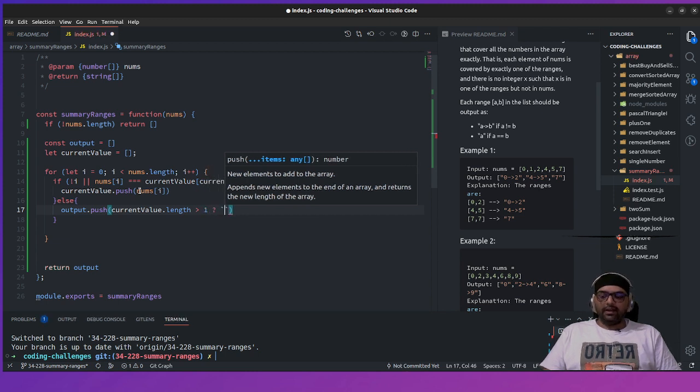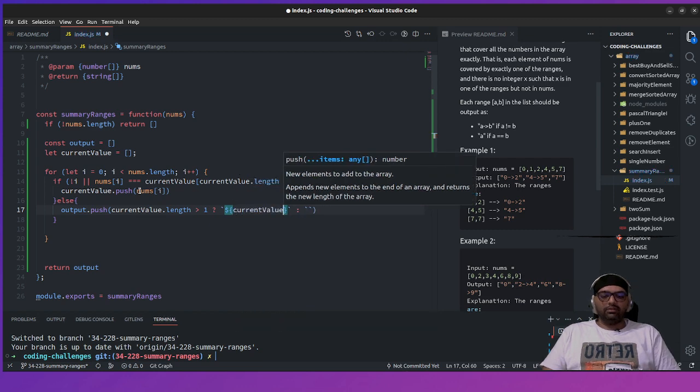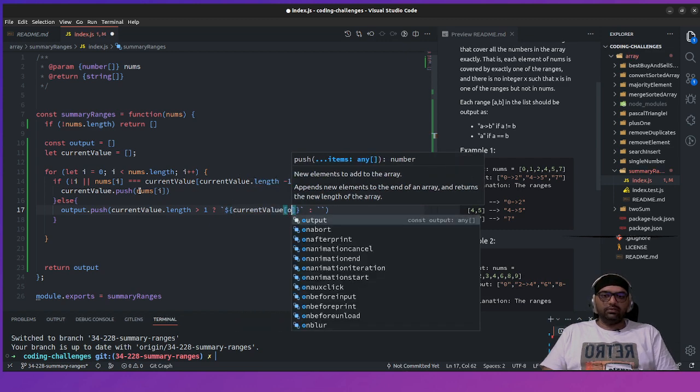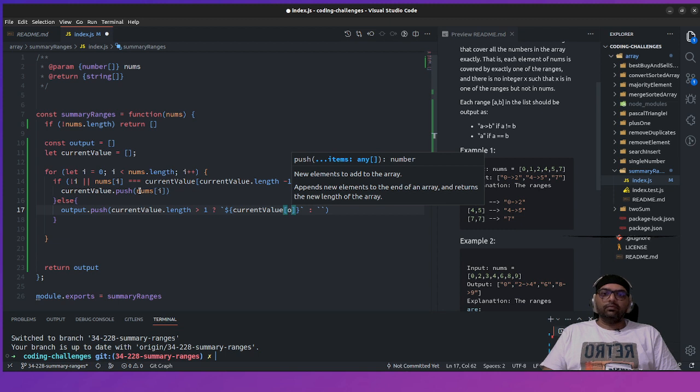In this ternary condition we are having a template string as well, so that we can do lots of things in the ternary condition, saying dollar of current value of 0, and is it greater than